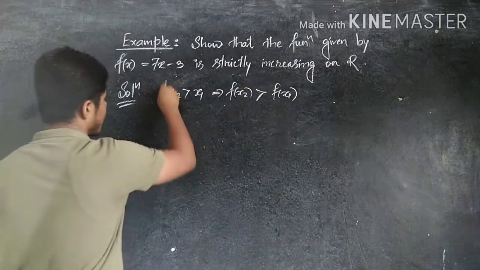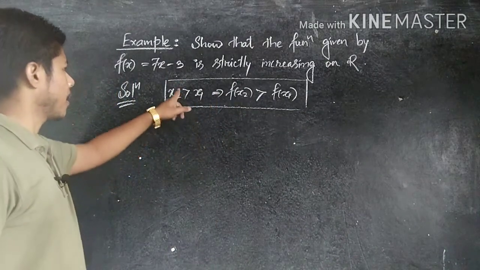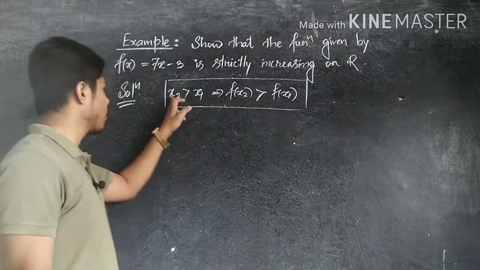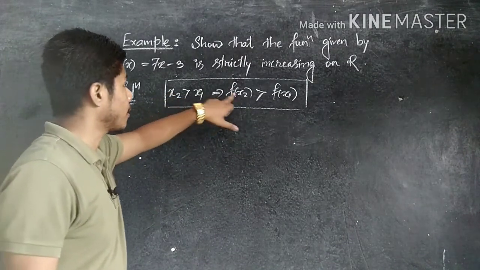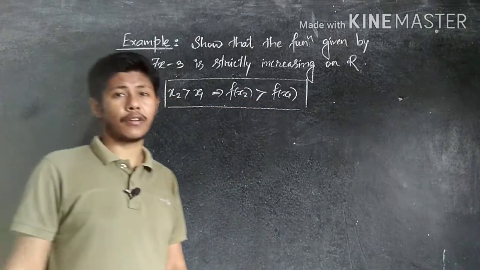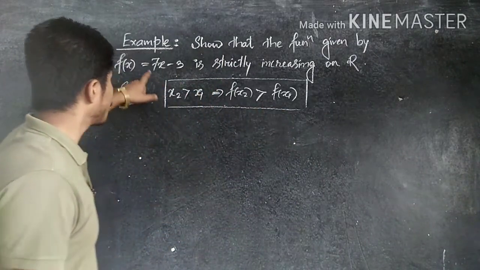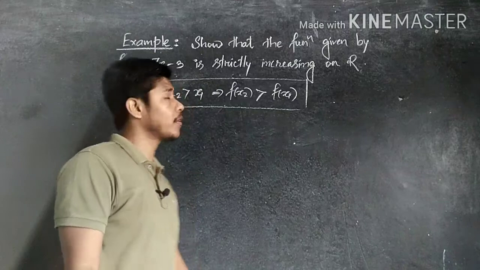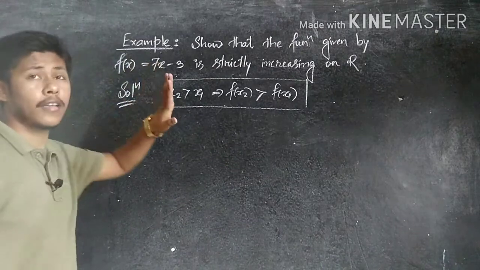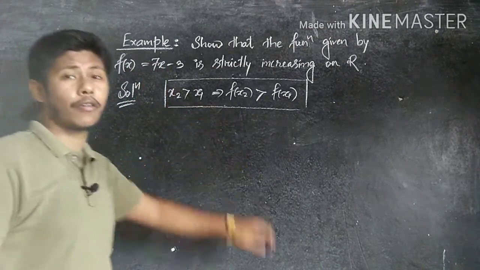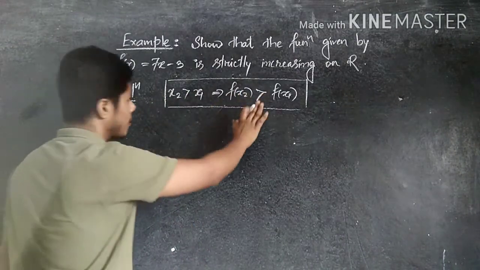This one is the condition of strictly increasing. If the value of x2 is greater than x1, where x is the coordinate, then f of x2 will be greater than f of x1, the length of the y axis. So this one is the condition of strictly increasing. Now we need to prove this function is strictly increasing. So first of all we need two coordinates here. Only the function is given, that means the curve is given, and we have to consider the coordinates ourselves. So in this case, when we start the solution, this condition is no need to write in the exam.